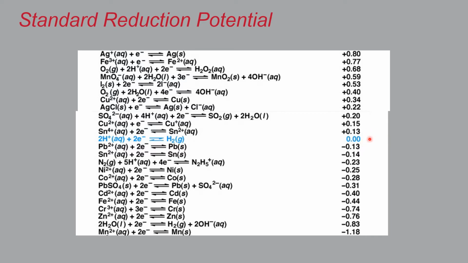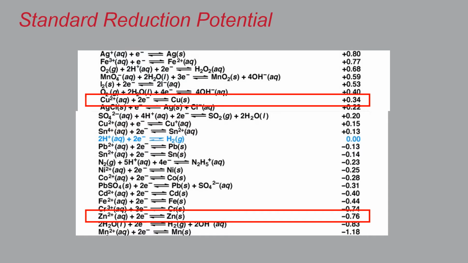And this one right here is often used as a reference point. The reduction of protons to form hydrogen gas is said to be 0. Many of them have potentials that are more positive than that, and many are more negative than that. So what do these mean? And I'm going to focus in